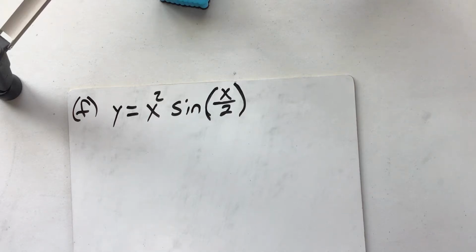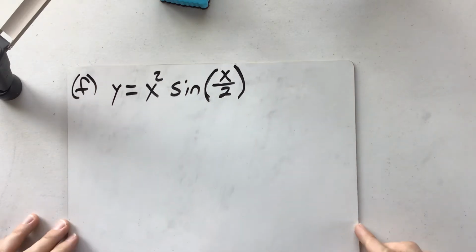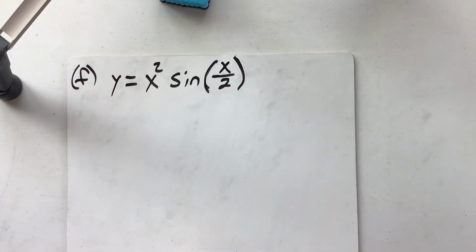All right, time for F. These last three are where the problems get a little bit more complicated. So if you're finding these more challenging, that's normal. But let's keep pushing on, and I think we'll figure out how to do it. We're gonna have to use all of our rules. I'm gonna start shortening my steps a little bit, but know that we're still using the same rules that we